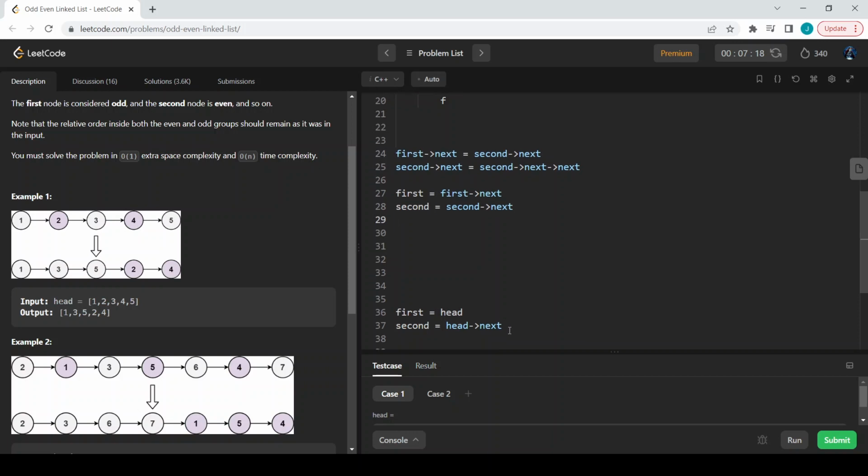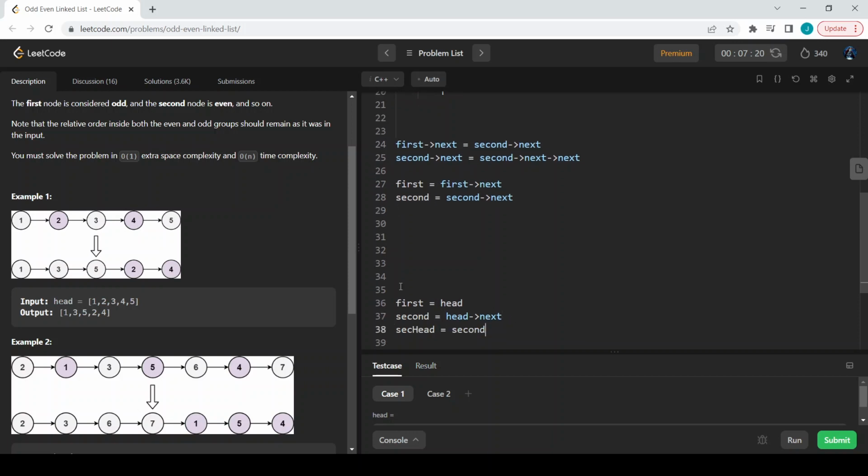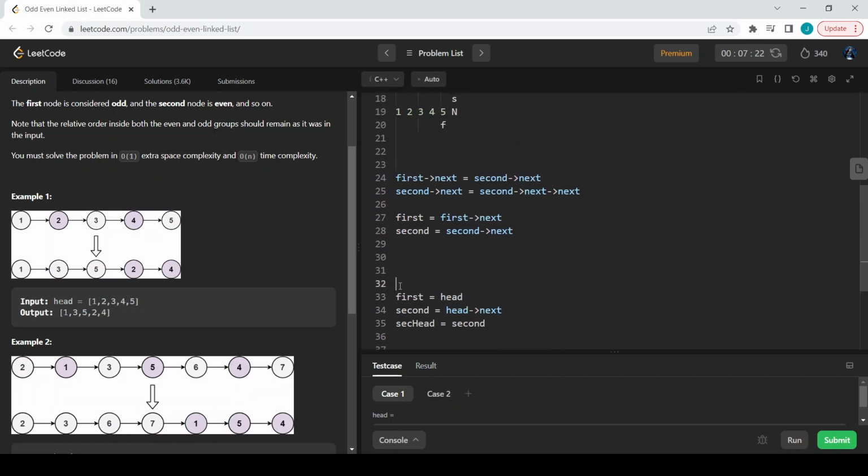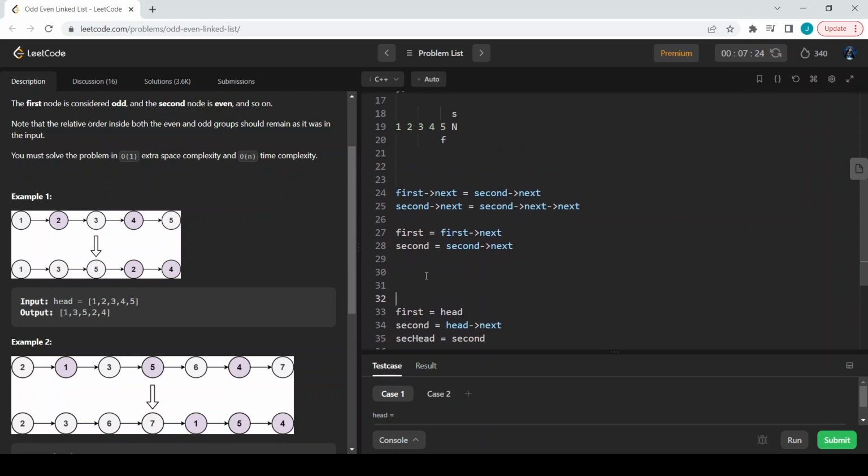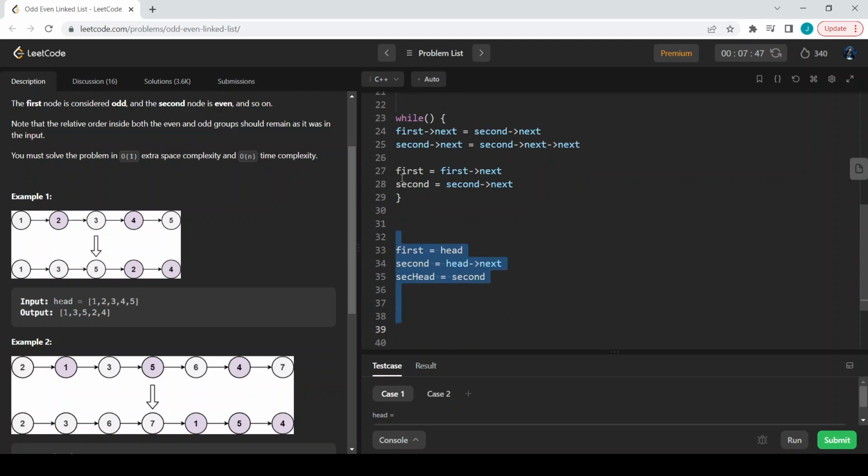So when I store this base condition itself, my second head will be pointing to second. So if this is pointing, I have the temporary node second node. So after this iteration completes, my first of next, this will be inside a while loop. Let us declare the conditions later. This will be inside the while loop. Once after this while loop executes,